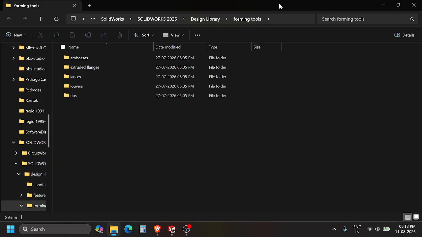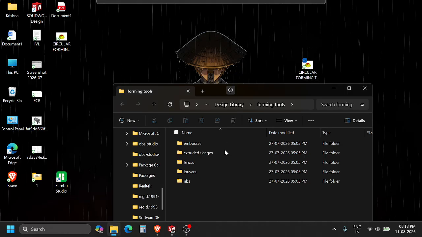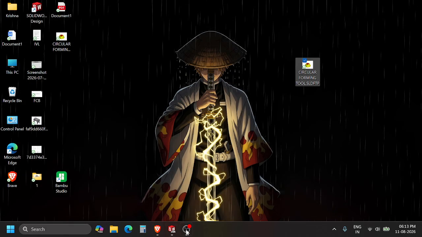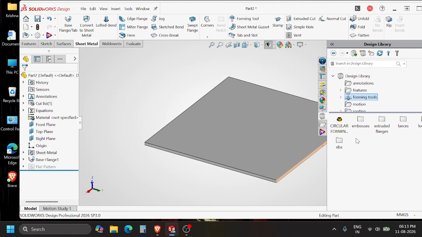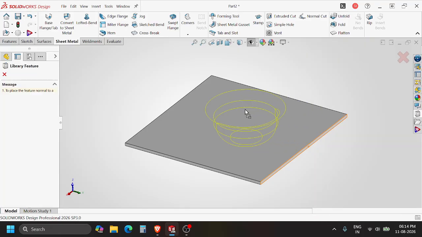See, we have opened the folder. So here we are going to place our forming tool. So just drag and place it over here. After that, close this one, open SolidWorks. See, as soon as we have added this tool in our forming tool folder, this tool will appear over here. Just drag this